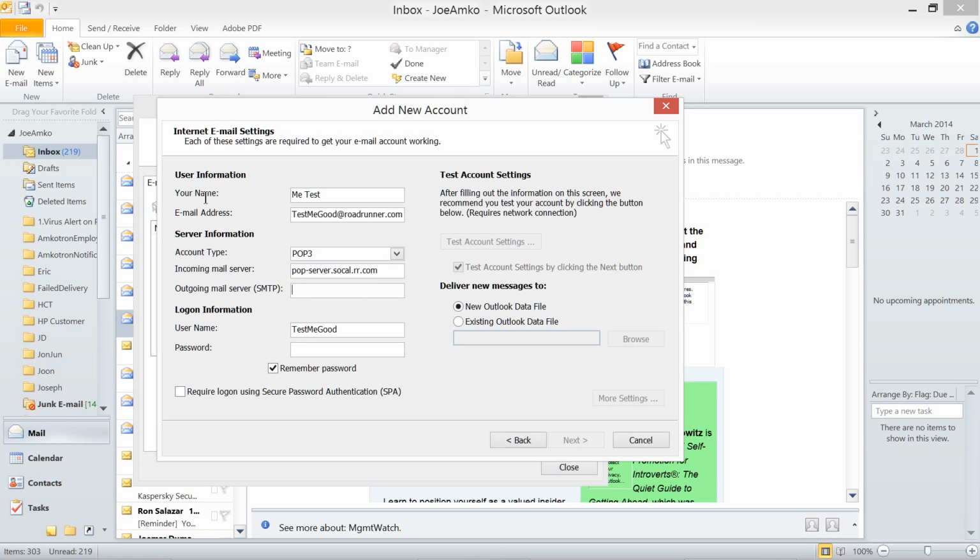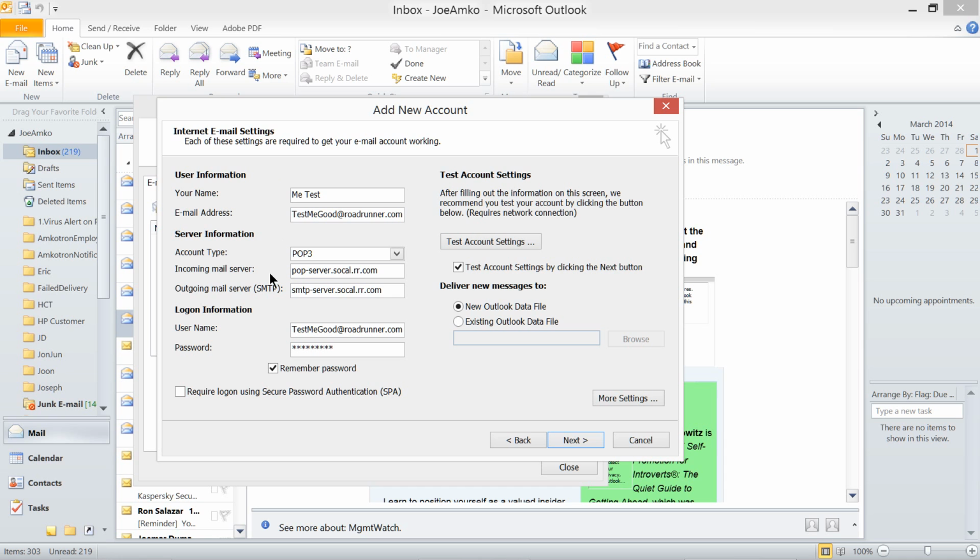Now, SMTP server, just right there, smtp.the server.sokal.rr.com. It depends on the protocol being used. At this time, this email server requires the email address as your username and a password.